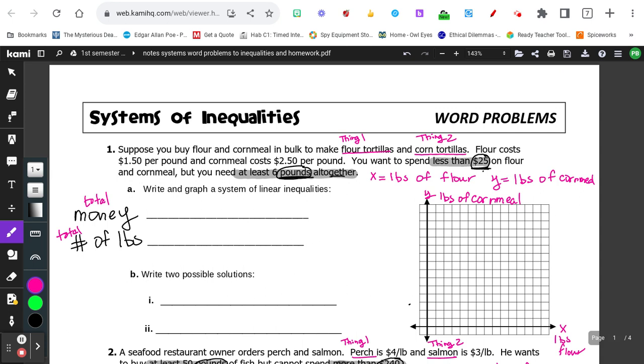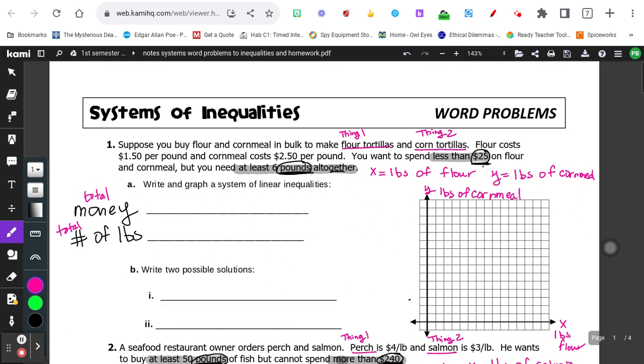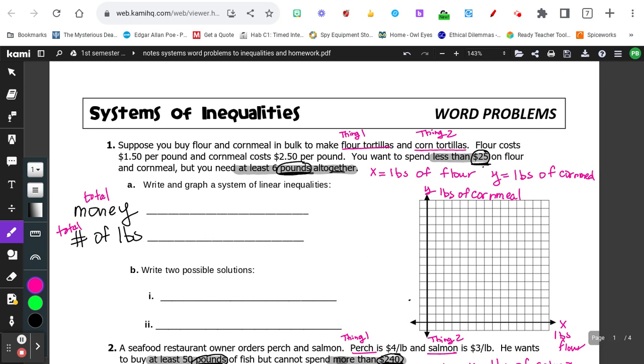I've already pre-labeled some of these things so it won't take so much time in the recording, but you have to pause the video and write down what I have pre-labeled, okay? As I talk about it, you pause the video and write down the things I pre-labeled. All right, so these 6 word problems are going to deal with thing 1